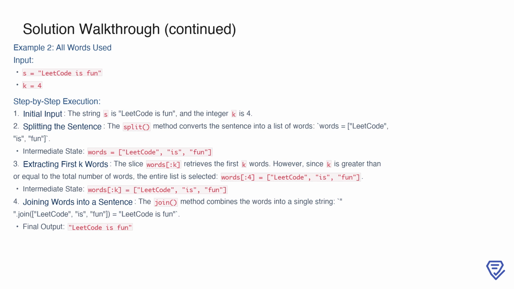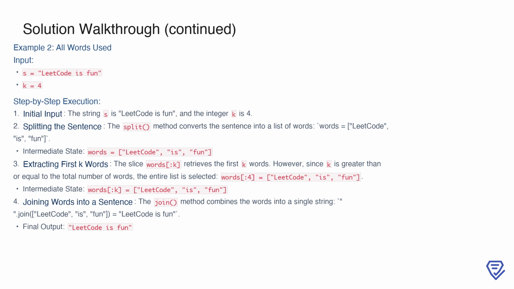This means no words are excluded because k is large enough to encompass all the words available. Finally, the join method is used to reassemble the words into a single string. By joining the words with spaces, the result is "LeetCode is fun." This example illustrates that when k is greater than or equal to the total number of words, the entire sentence